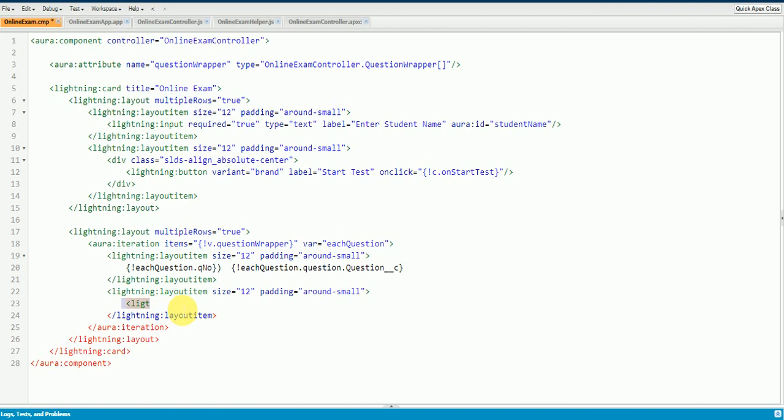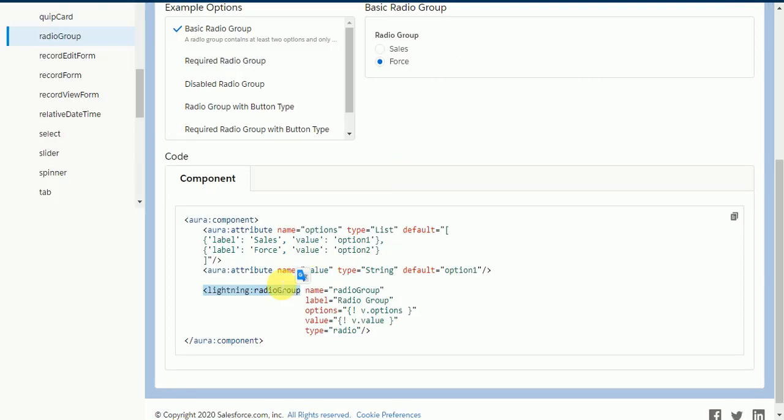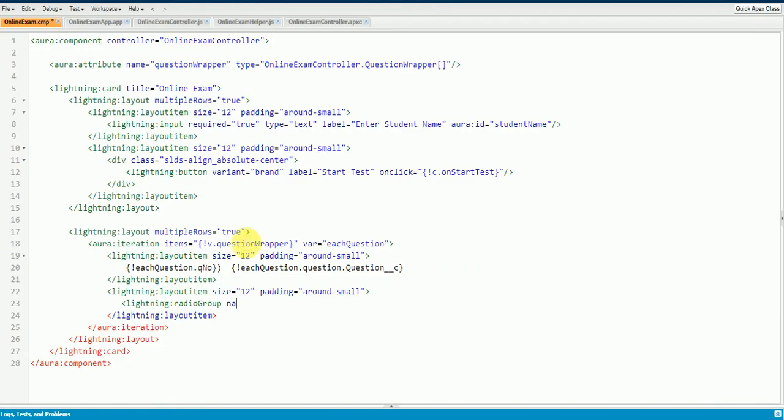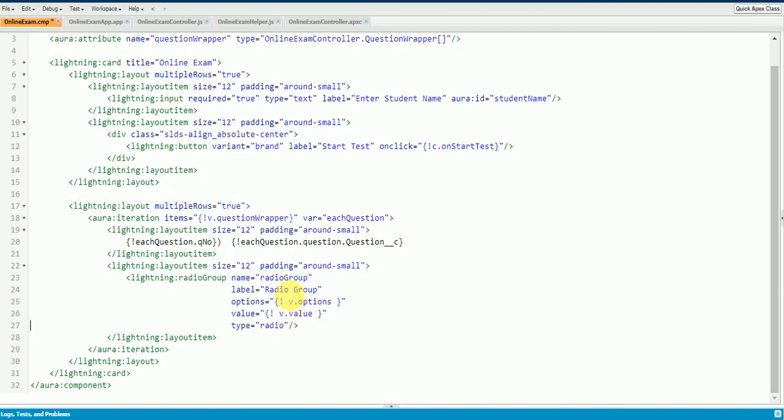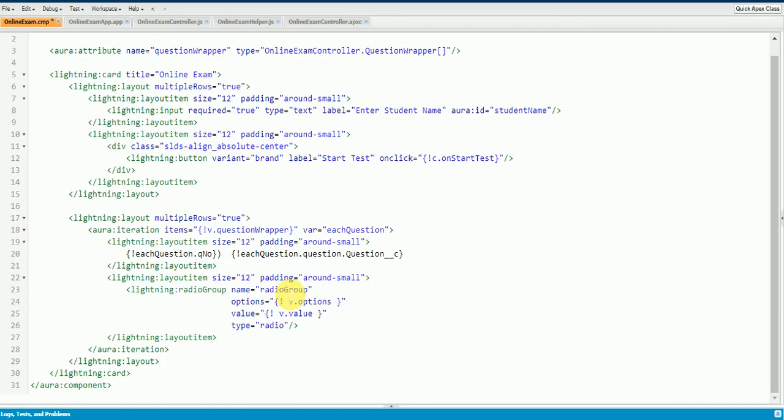Here I'm going to add some attributes to this. We have an attribute called name. We'll copy the whole thing and paste it in the developer console here. I'm gonna change something here. I don't require the label, so I'll remove the label. For name, it should be unique, so that's the reason I'm using the id for the name.